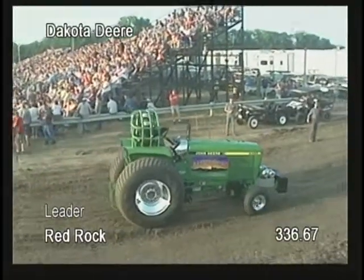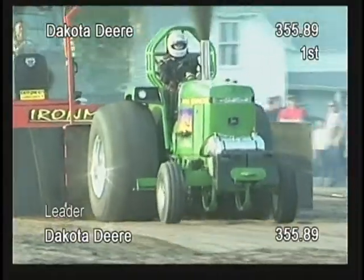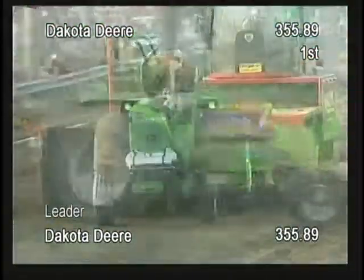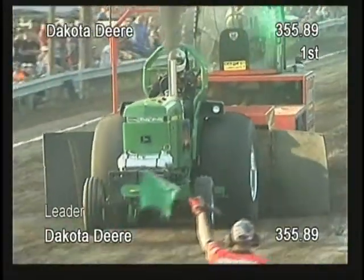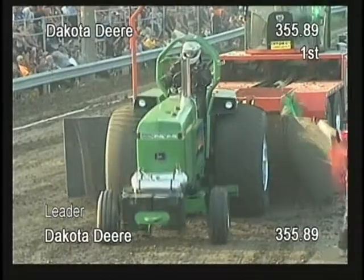Well, he goes 355 and 89. I would imagine he has taken over the lead, as you see at the bottom of the board, folks. Has taken over the lead here in this 9,200-pound Super Farm class, sanctioned by the Outlaw Truck and Tractor Pullers. By the way, folks, you can